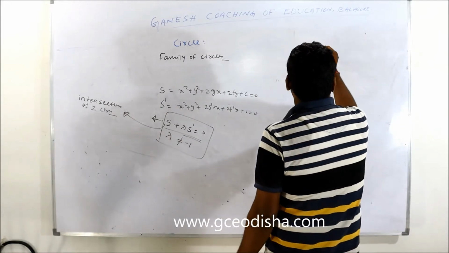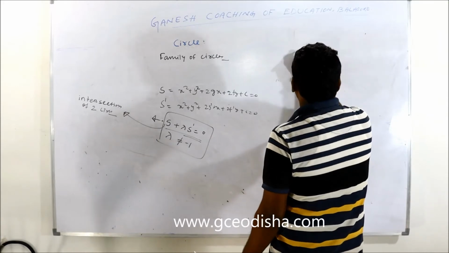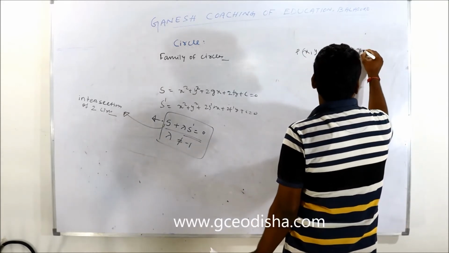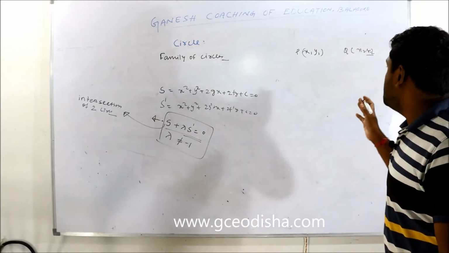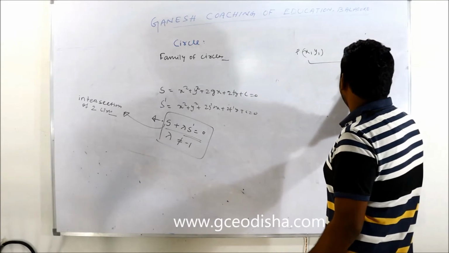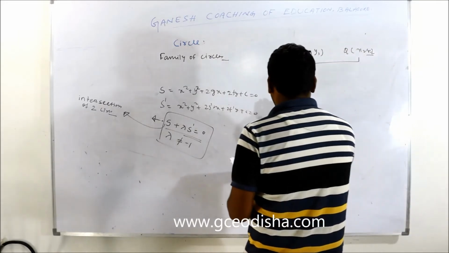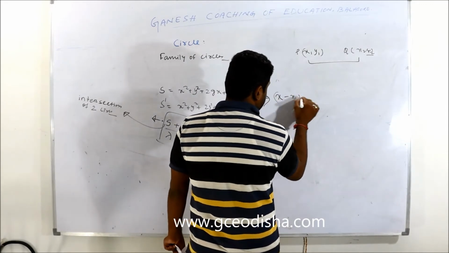Okay, like they give 2 points, P point and Q point. Okay, and then they ask to find the equation of the family of circles. They give only the 2 points. Okay, then what will be the family of circles? Equation of family of circles